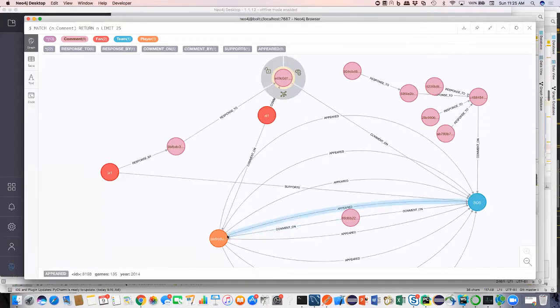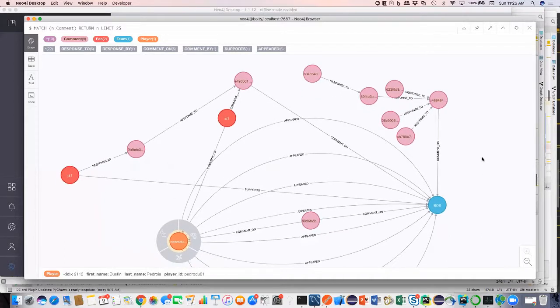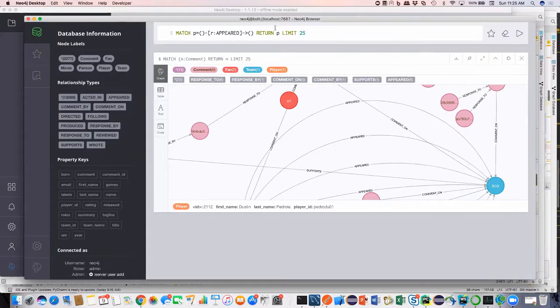So that's Pedroia. Should be another player in here somewhere. Well, maybe not. So I'm just going to go get his ID. And the query to do that is